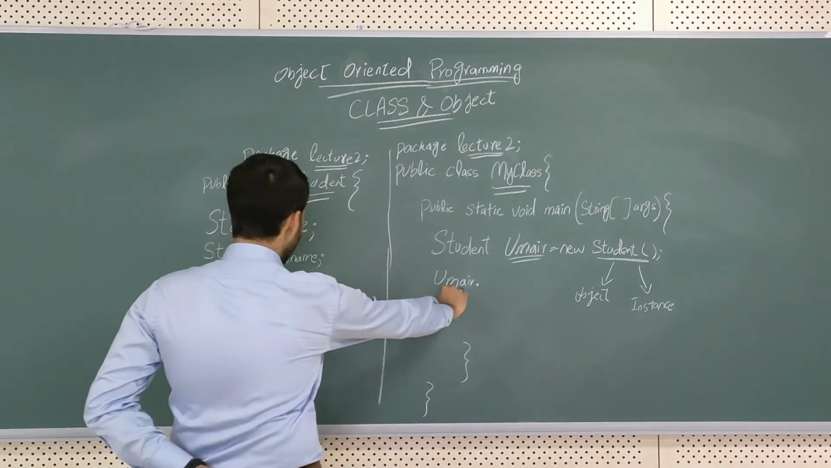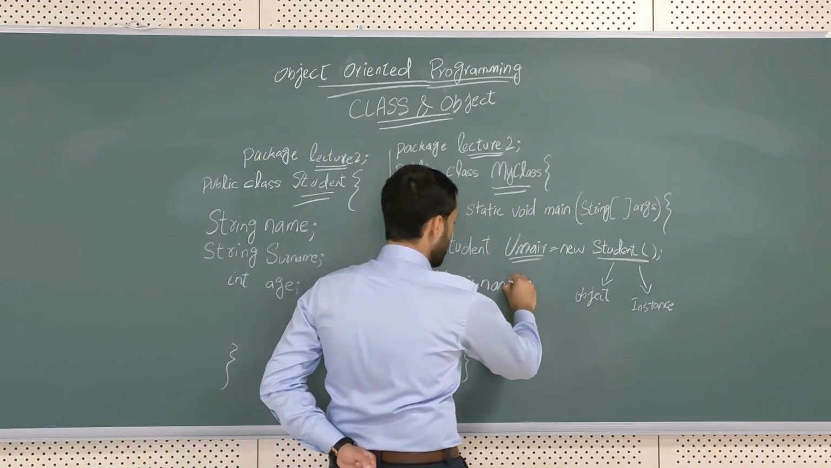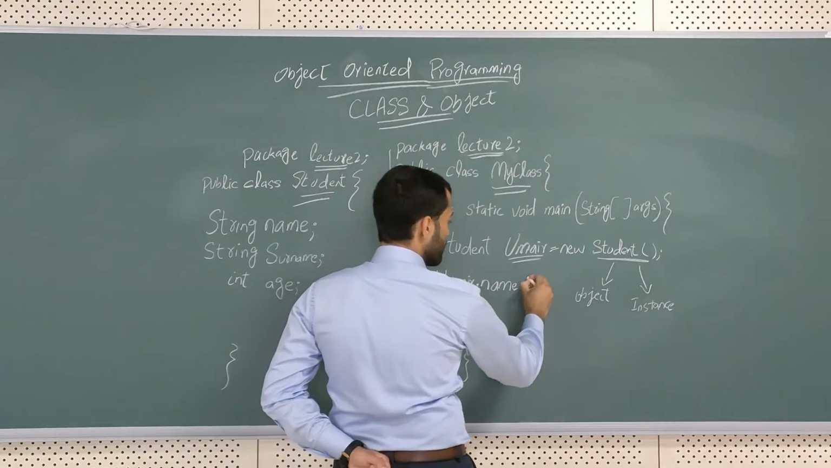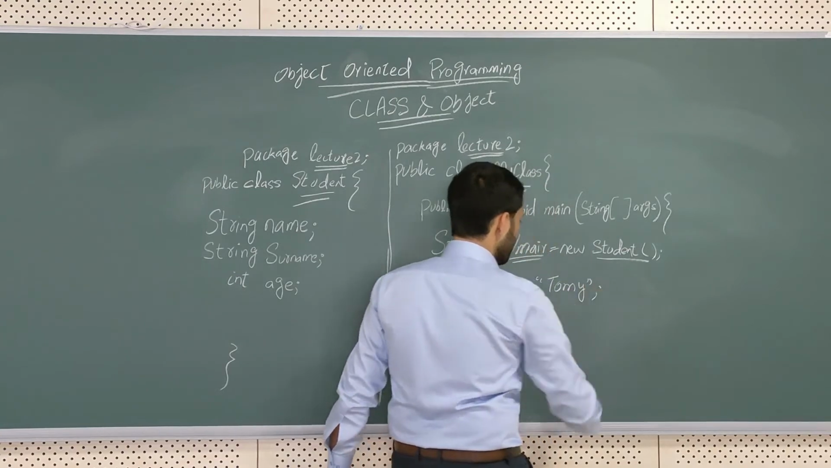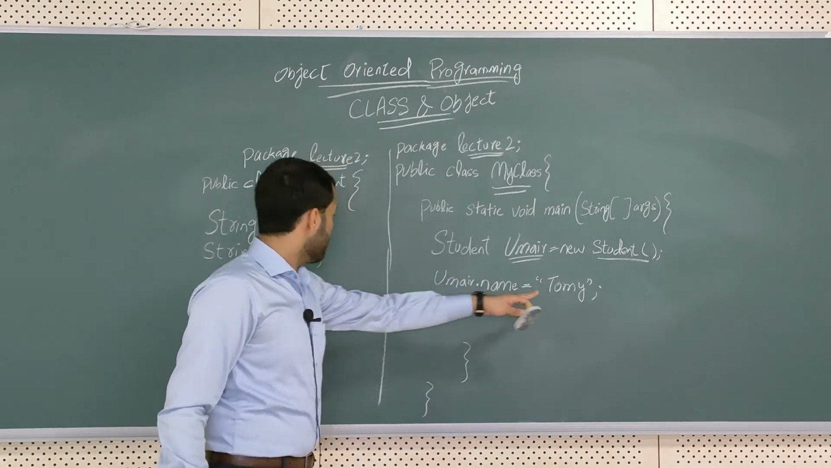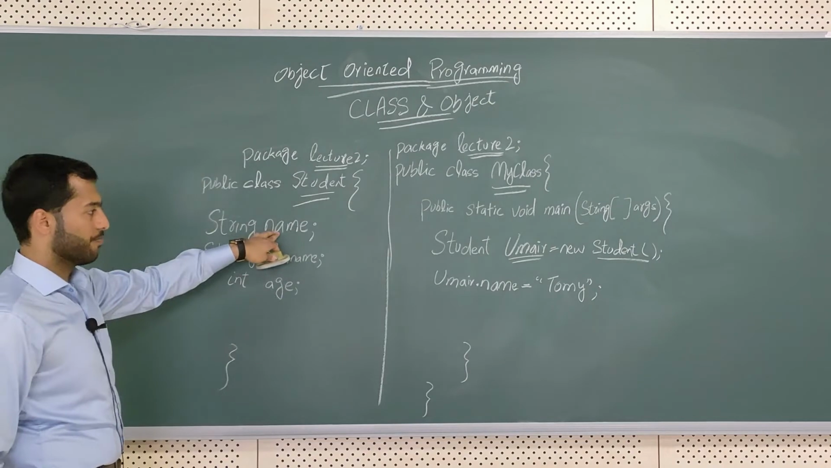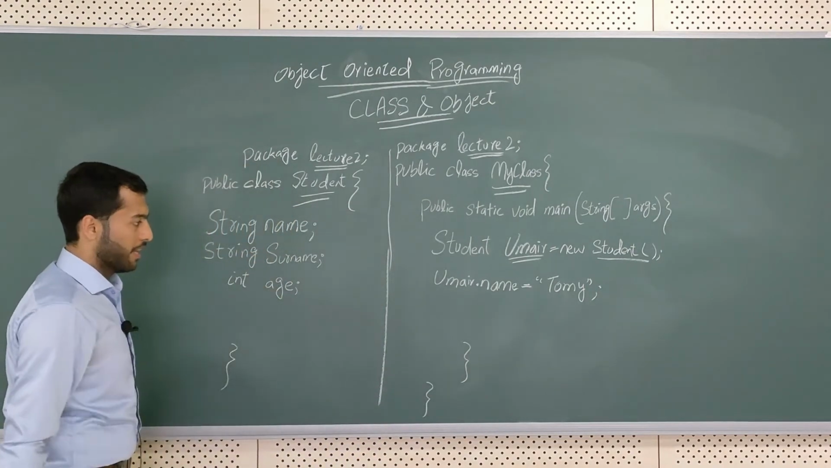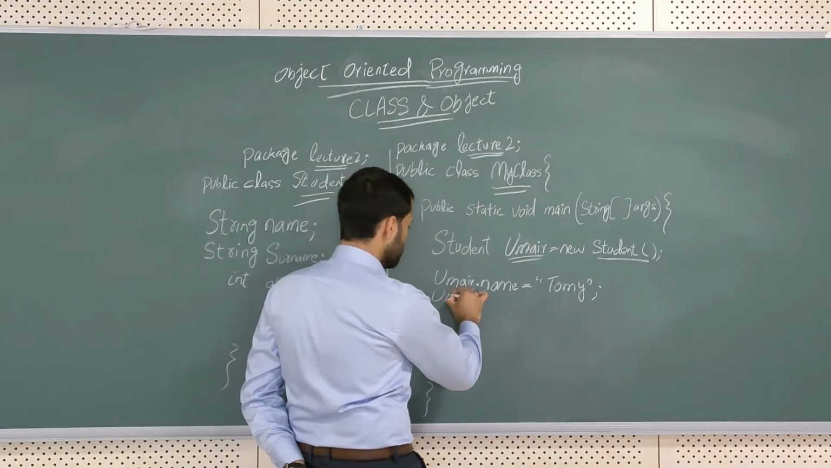So for example, I am going to write Umair.name, and after that I can assign a value. Here I have written a string. This is a name, and that name is assigned to this name variable. After that I also have the surname, and I can do the same for the surname. I can write Umair